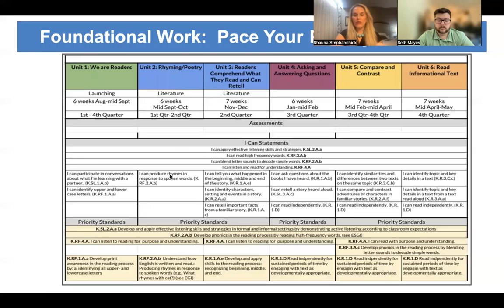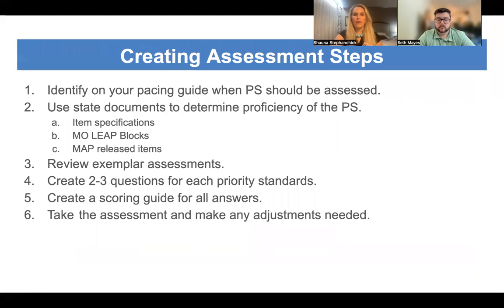And you can start with formative assessments. We tend to recommend starting with unit assessments so we could work the formative backward. But we use our pacing guides to help guide what priority standards need to be on that assessment. On this particular pacing guide, when you see them running all the way across, that means we would be assessing that priority standard on every assessment. So things like context clues, speaking and listening, reading foundational for younger grades, you're going to be doing that every